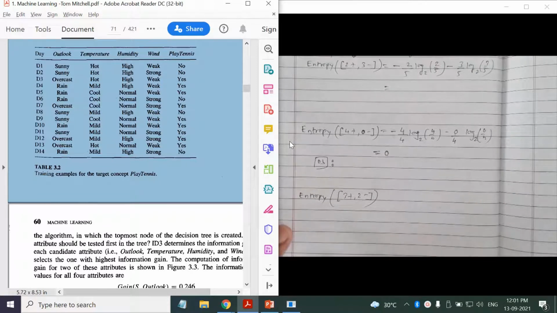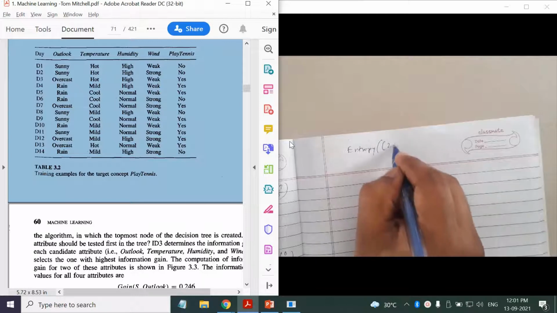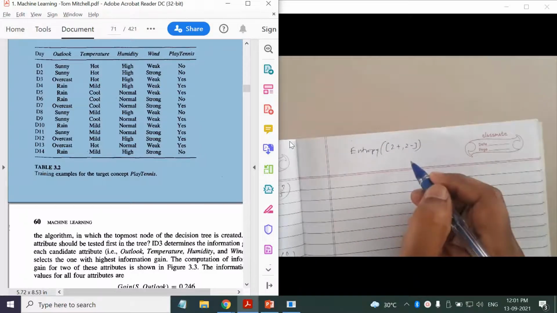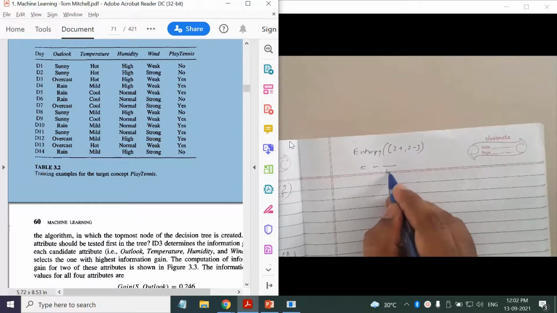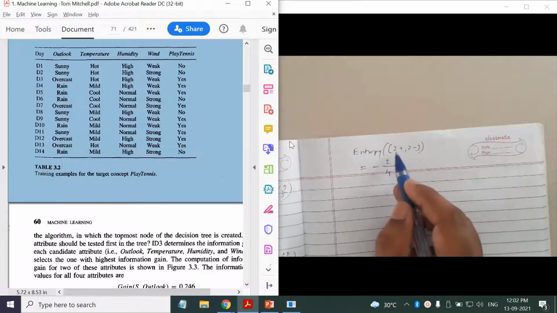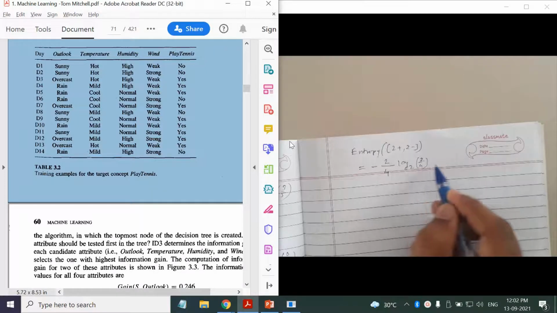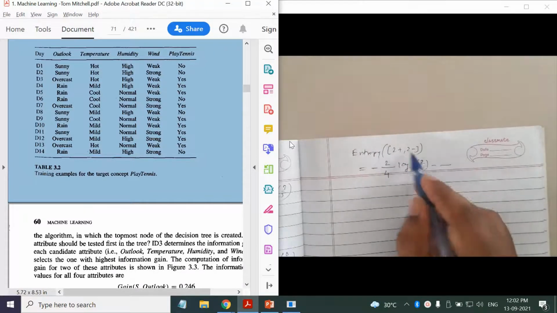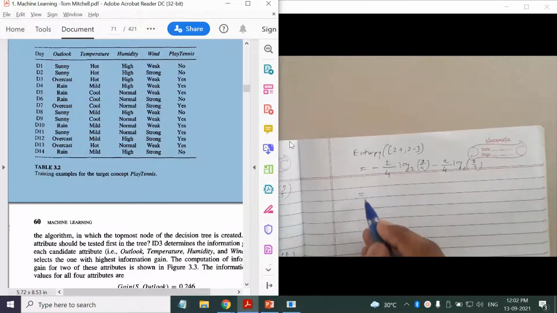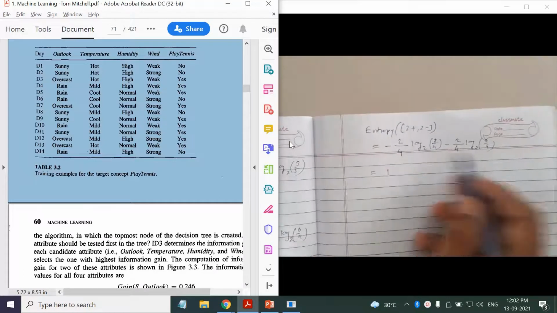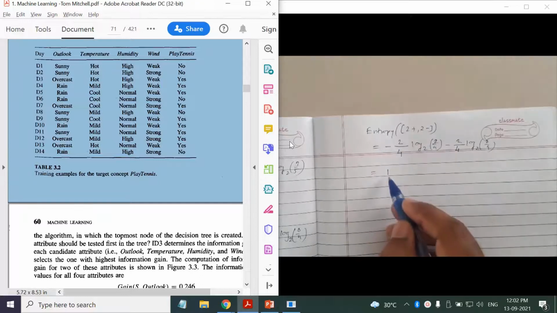And when you have the balanced data, so consider entropy of 2 plus 2 minus. Okay, so here what will happen? Minus, total samples are 4, out of that 2 are positive. Log base 2, 2 by 4 minus negative ka, negative kitna hai? Out of 4, 2 are negative. Log base 2, 2 by 4. Okay, so isका score आता है 1. If you simplify the score is 1. So when you have perfectly balanced data, the entropy score will be 1.